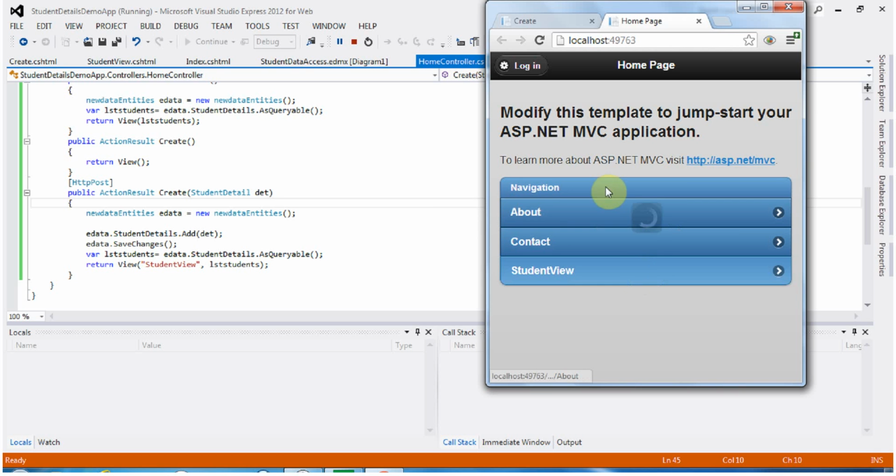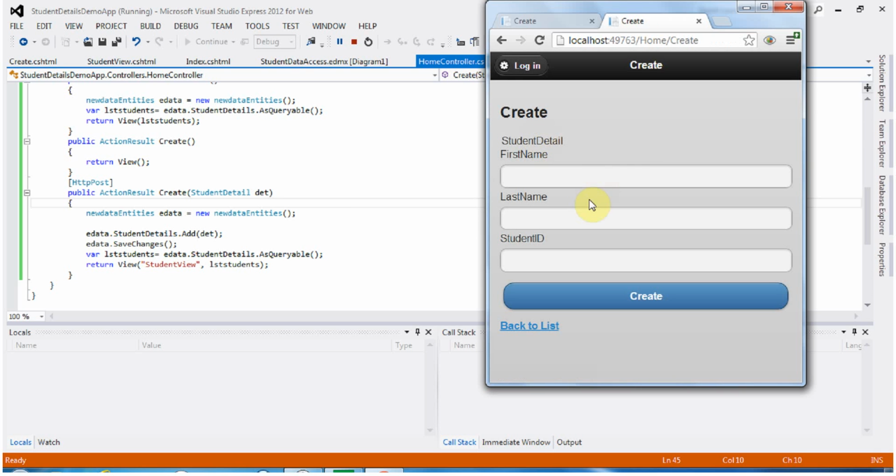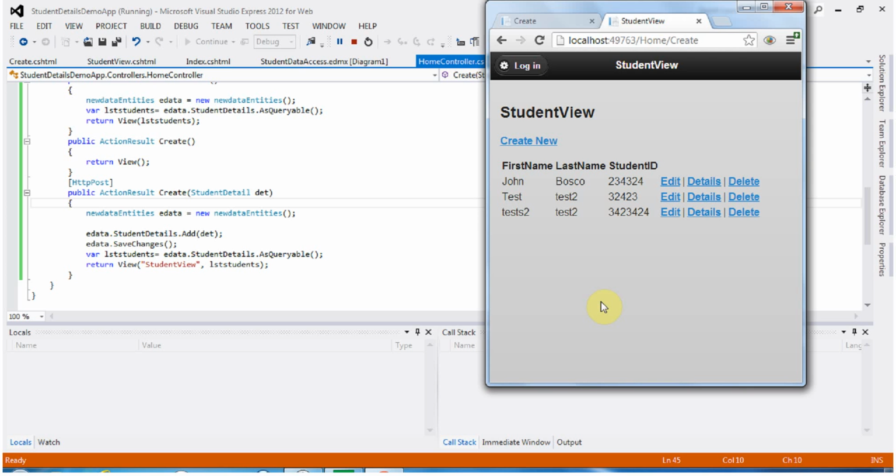Okay, press student view, create new. It will open up the text boxes here. Type test 2 and the student ID is something. Press create. When we press the create button, this will call this action method, and it will store the data, and the next thing we do is retrieve all the student data and pass it to the student view page. Okay, press create. See, we created and we are showing the student view here. So when you press create new,